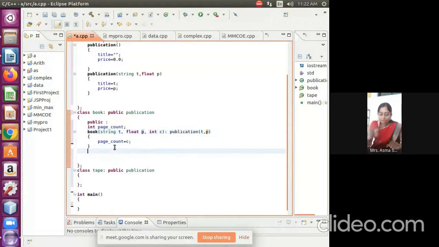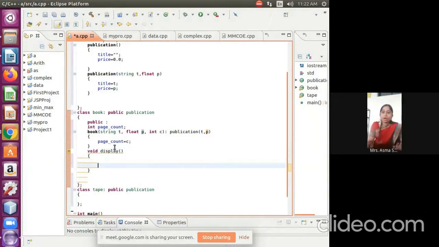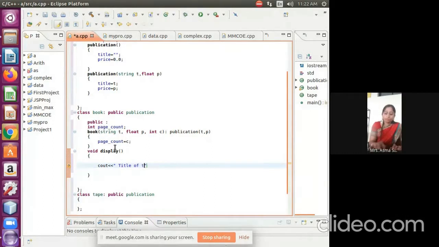Now here I am adding a simple method display. Display method will display all the data from the base class as well as the derived class. So here we are displaying cout title of the book is, okay.